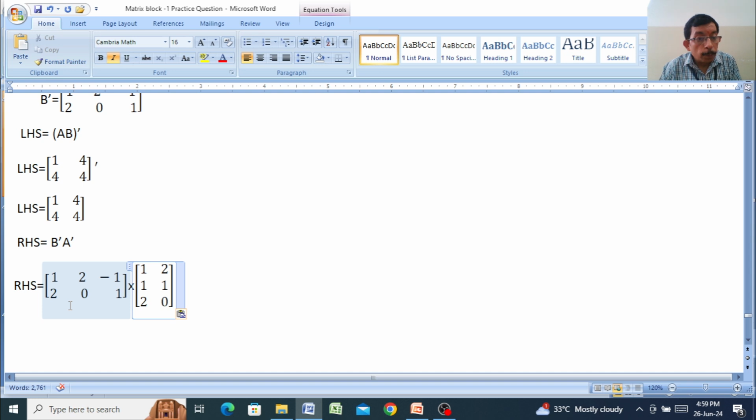Now we multiply both matrices by the matrix multiplication method. The number of columns in the first matrix is 3. The number of rows in the second matrix is also 3. The multiplication is possible. Then we take the first row and multiply one by one each column. Then we get the first row elements. After that we take the second row and multiply one by one each column. Then we get the second row elements. Is it clear?